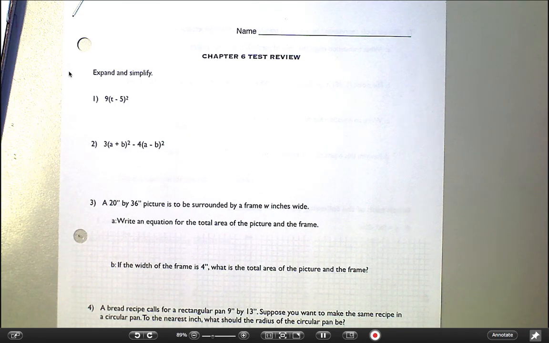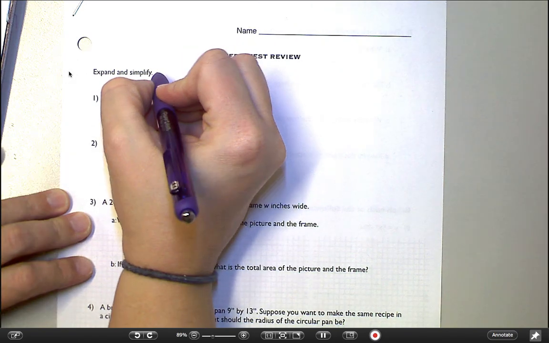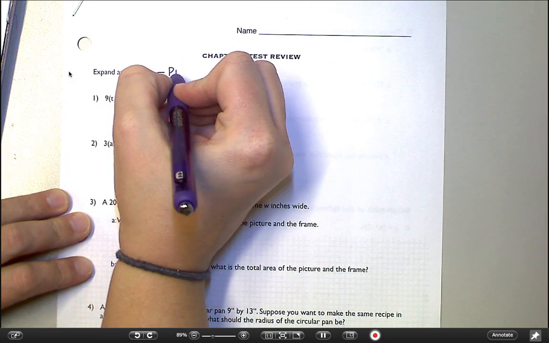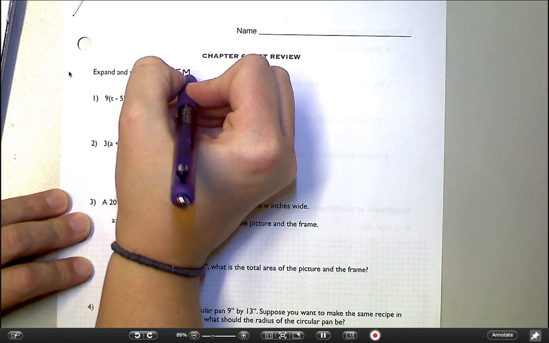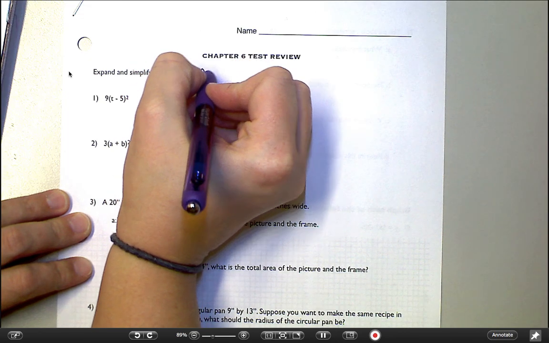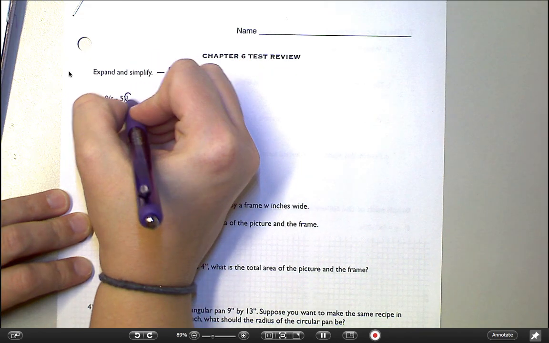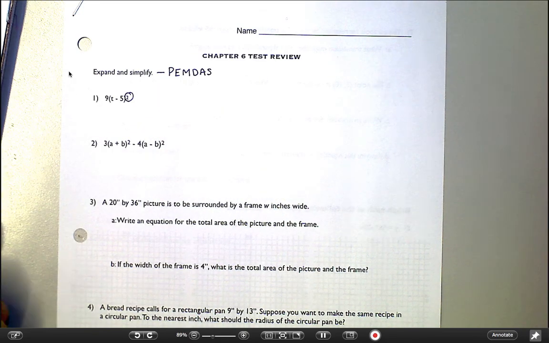So this first section, expanded and simplified, this is all just doing the math. Okay, this is PEMDAS here. Anytime we're expanding and simplifying, we're using PEMDAS. And PEMDAS means that we start by doing the exponents. Okay, so the first thing I would do in this first one is the squaring, and that's where FOIL is